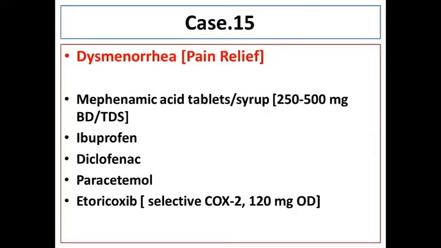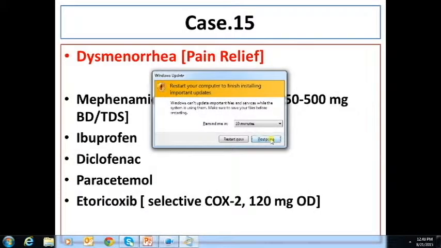Case number 15 again, I think because this is a foolproof cover that we are talking of, dysmenorrhea comes as a separate case. So women with dysmenorrhea, and we are talking just of pain relief here, we are not going to talk of other medications which can relieve the primary cause of dysmenorrhea. Of course, mefenamic acid is one of the good drugs, which is available as tablets and syrups and can be given. But then again, you can always opt to give ibuprofen, diclofenac, paracetamol, even naproxen. Etoricoxib is one of the good drugs nowadays, which is a selective COX-2 inhibitor, 120 mg OD. That is good for pain relief as far as